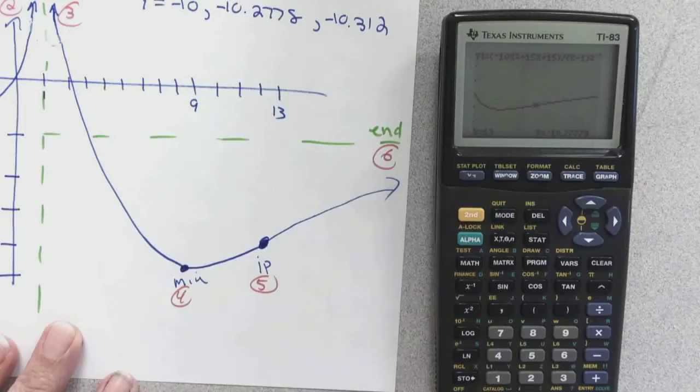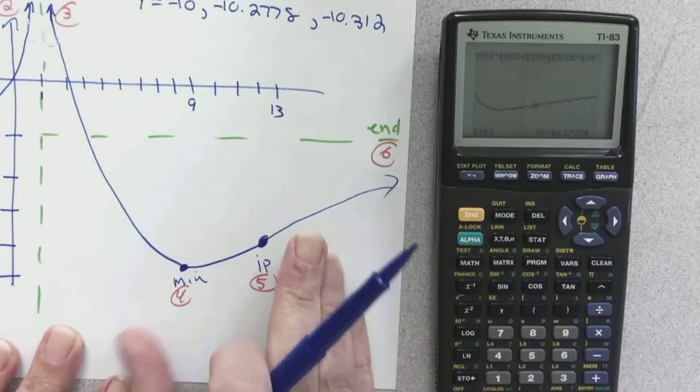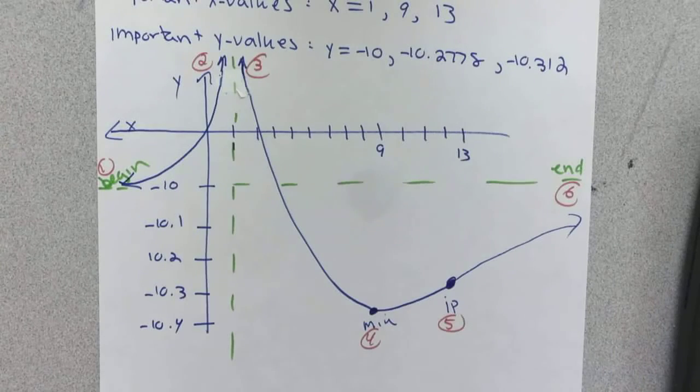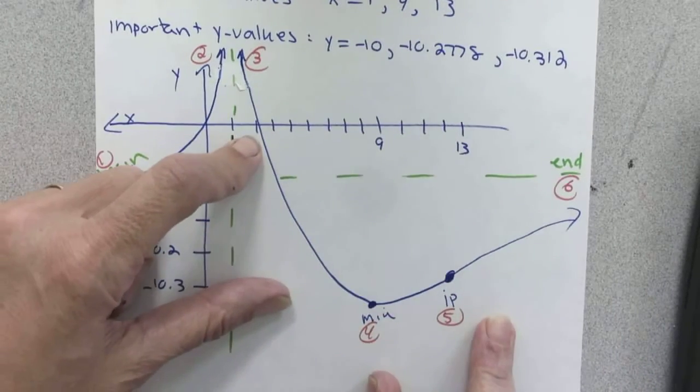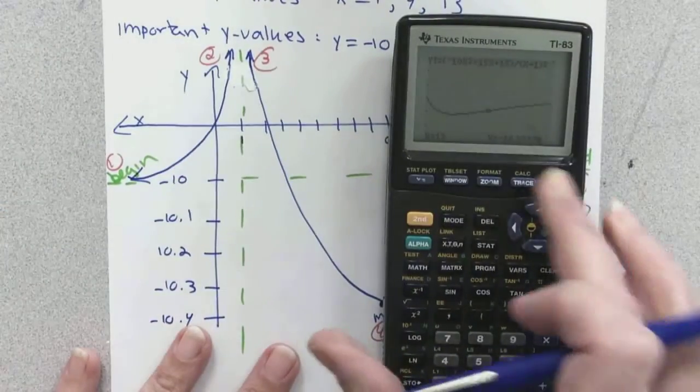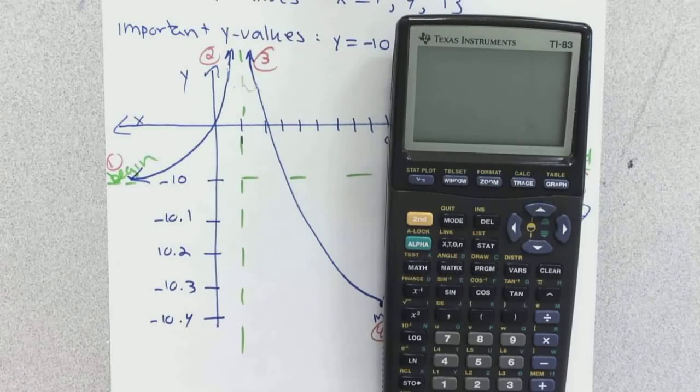Back on the standard window, you didn't see this detail at all. And what I'm going to be looking for on a test is a good detailed graph that shows me this information. If you show me a graph that basically looks like the standard window, you're not going to get any